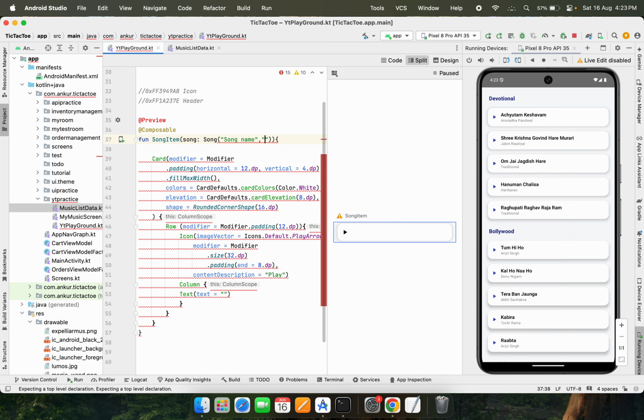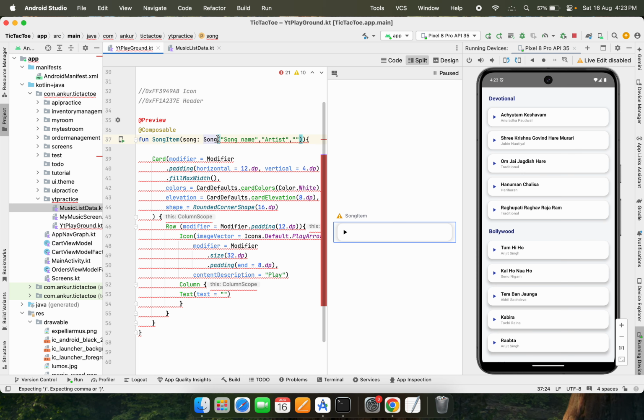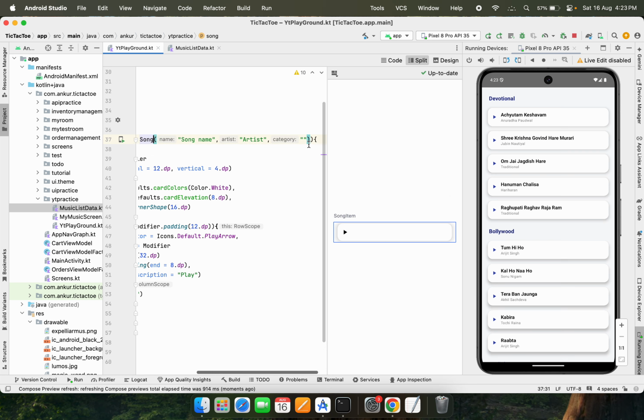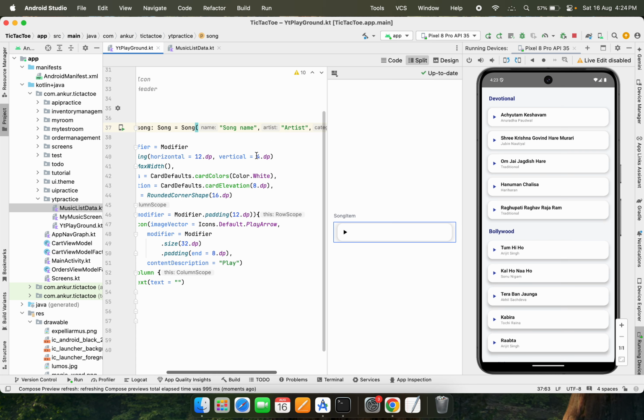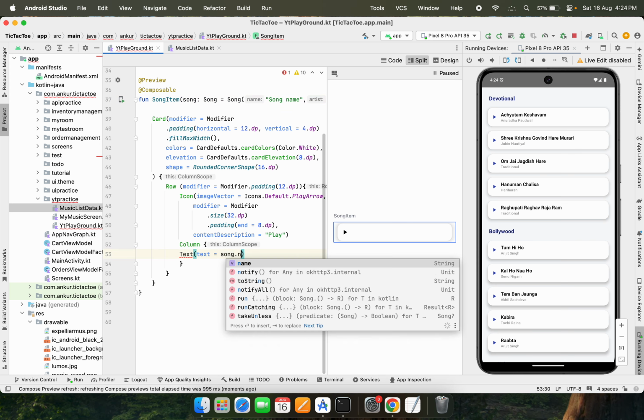Then we have artist, and then we have the category. And why does it show some error? Okay, because I'm just giving the wrong type. So okay, and the category is category. So I'm just using the song dot name